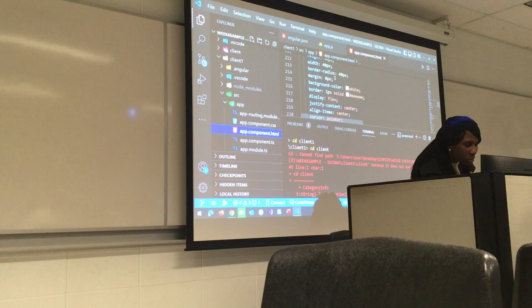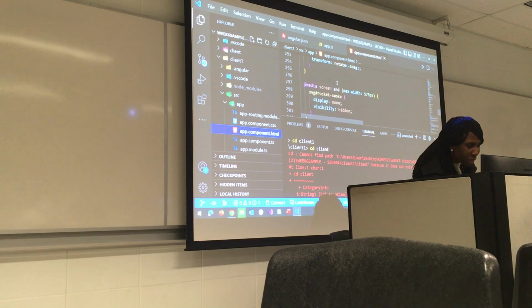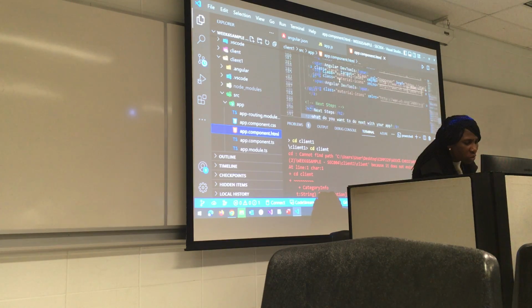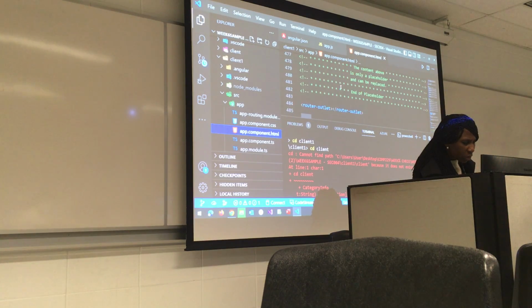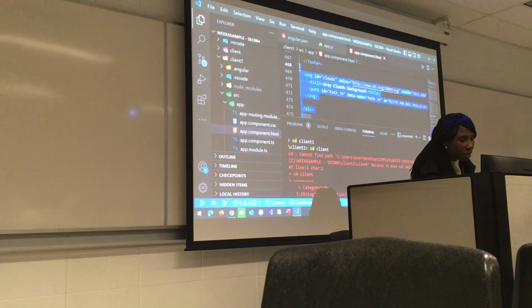I've worked on this one, so let me see whether it's still valid. If you scroll down, I think I've worked on this one. Let me see. Okay, so this one is still valid. So you delete everything you have in there except the router. You leave the router, so highlight all what you have from this point.